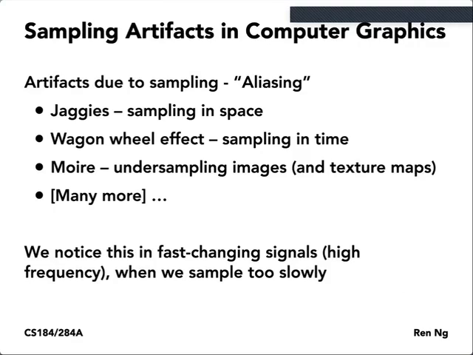So to sum up, I showed a few examples of aliasing: jaggies, which is sampling in space; the wagon wheel effect, which is sampling in time; moire, which is sampling of images, or in that case, subsampling, reducing the sampling rate of images. There are many, many, many more. The thing that ties all of these together, and the way that I'd like for us to start thinking about it today,